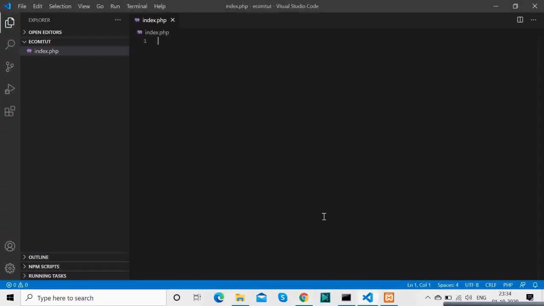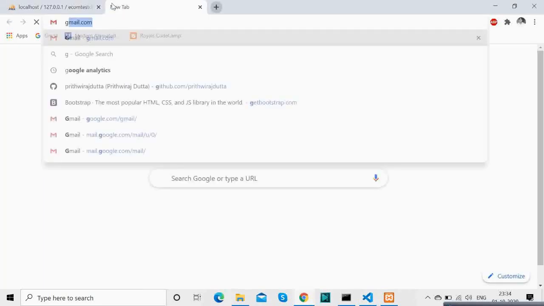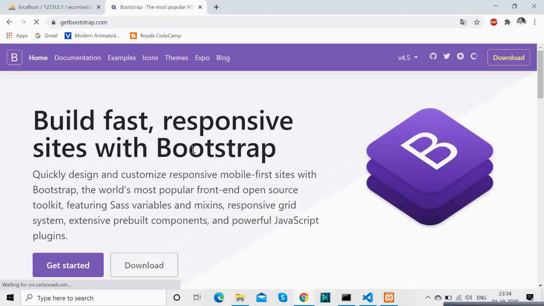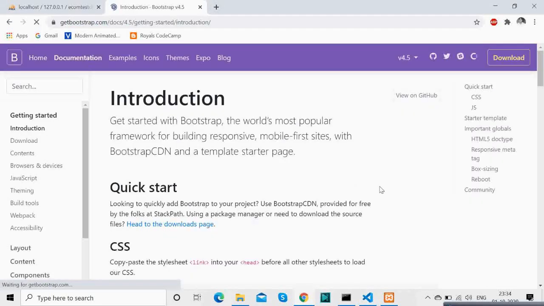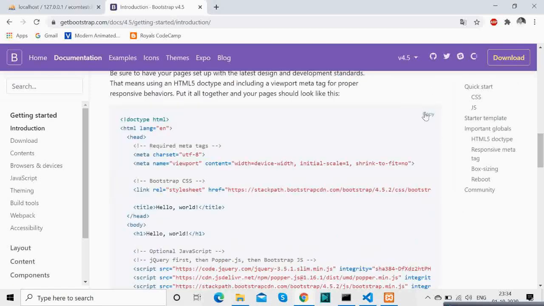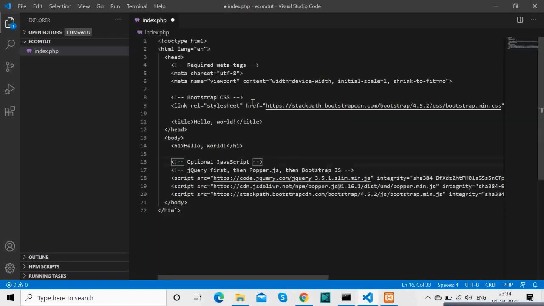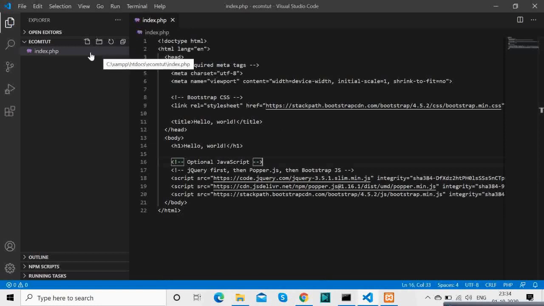So I have opened up VS Code. So now the next thing we'll be doing is we'll get the basic template from Bootstrap. Okay, so it's a choice, you can use Bootstrap or you can use Materialize, whatever you want to, but here I'm using Bootstrap. So basically this is the basic template which will give the URL CDN links of Bootstrap. That's all.